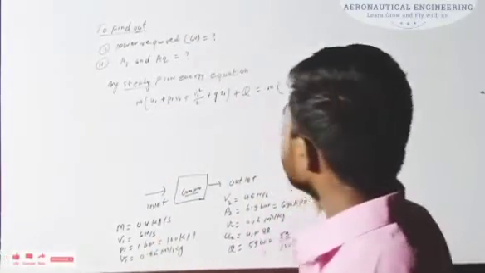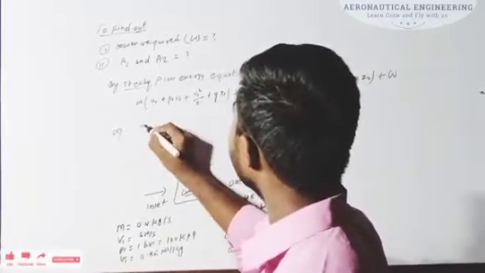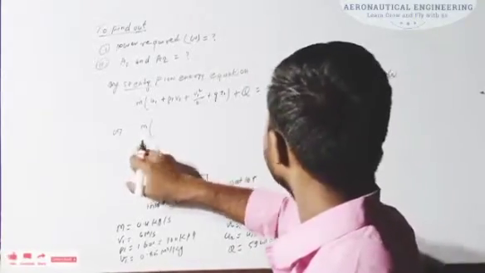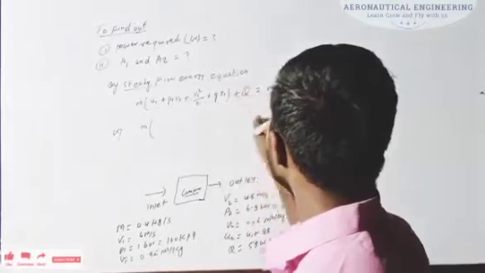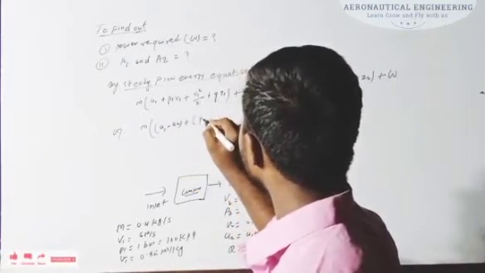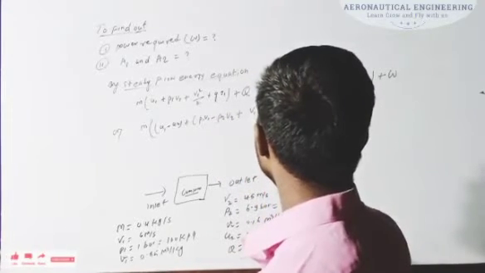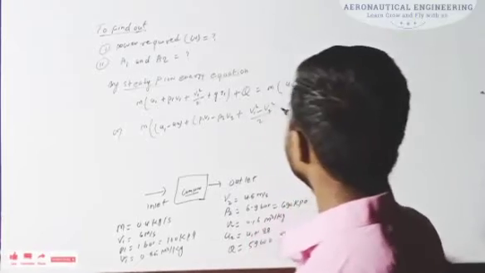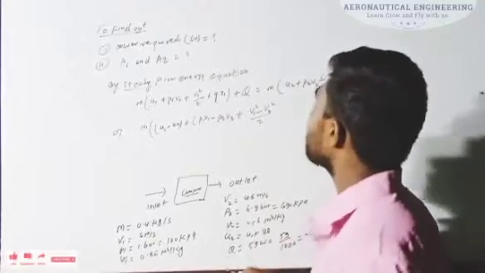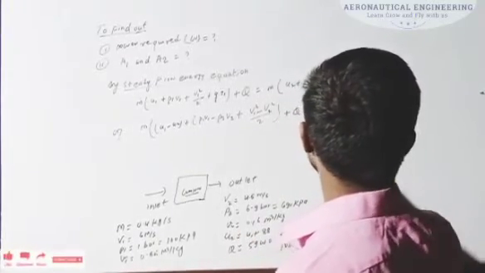Now I am going to place this equation in a simple form. If you are taking this to that side, m dot is common: u1 minus u2 plus p1 v1 minus p2 v2 plus v1 square minus v2 square upon 2. This g z1 and here also g z2 become 0 because there is no potential energy, plus q equal to w.